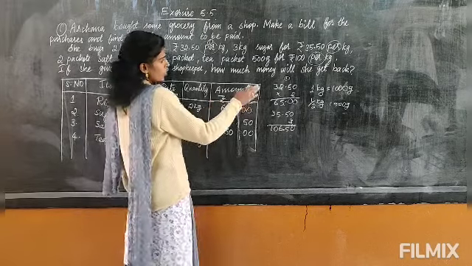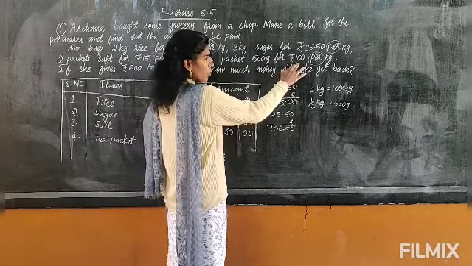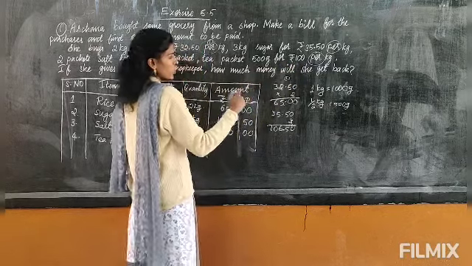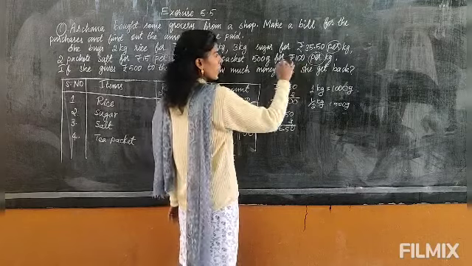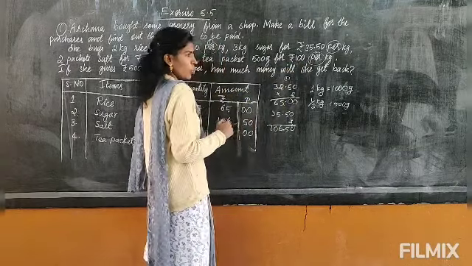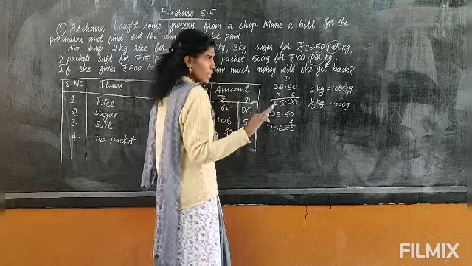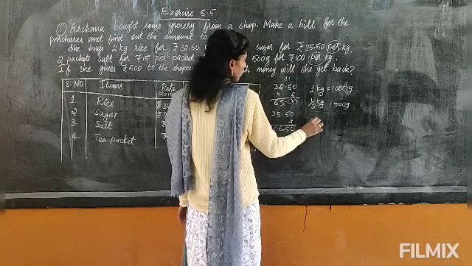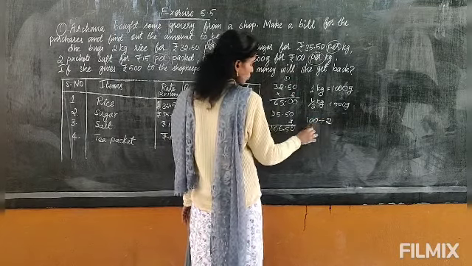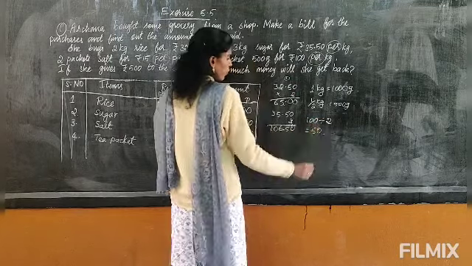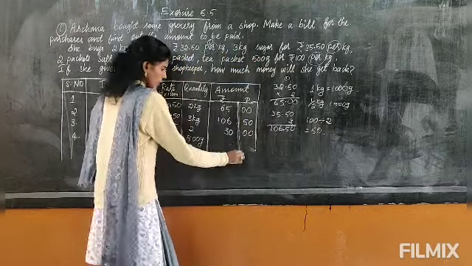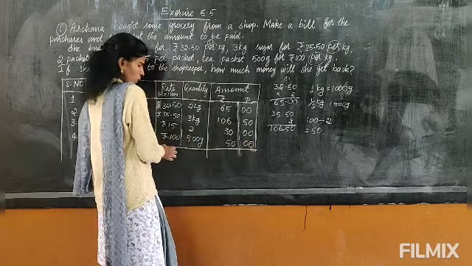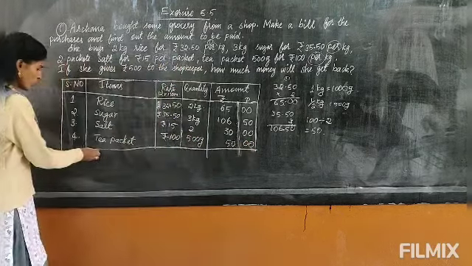Since it is half, this rupees you have to make into half now. This is for full 1 kg, it is 100 rupees. Now you are buying only half kg, so for half kg, you have to make this into half. To find half, you will divide by 2. Whenever you find half, you will divide by 2. So 100 if you divide by 2, it will be 50. So it is 50 rupees. There is no paise, so you will put 0 here. Only that much he has bought.